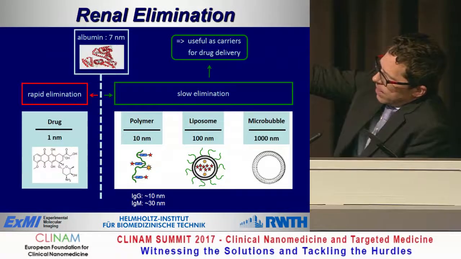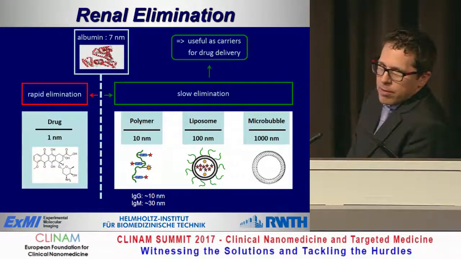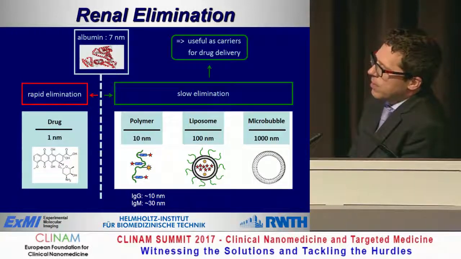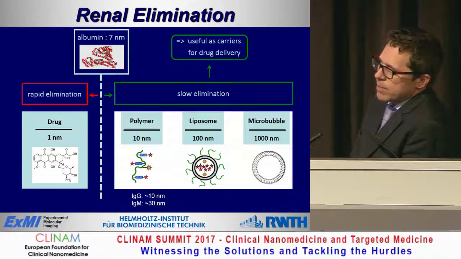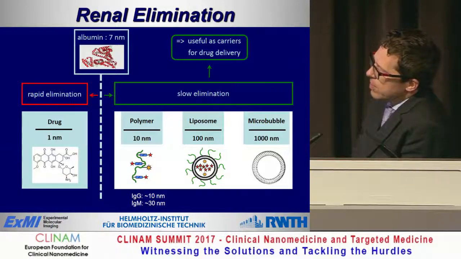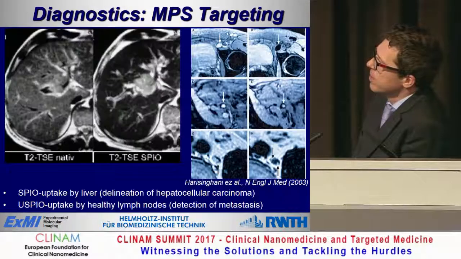In this context, I come back to the point that was made by our previous speaker. We should also consider the size of antibodies, and I think it has a clear reason why nature made the immunoglobulin G, for example, with a size of 10 to 50 nanometers, and the Fab fragments of antibodies with a size of 30 to 35 nanometers.